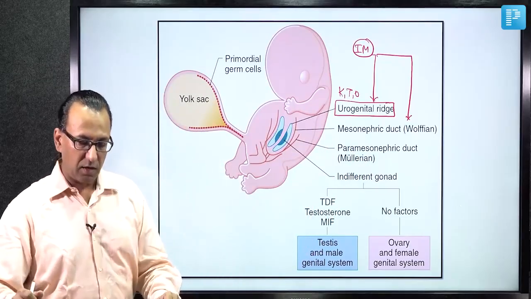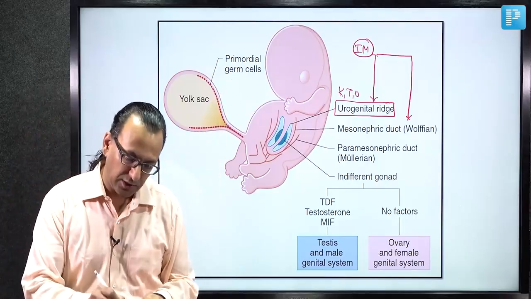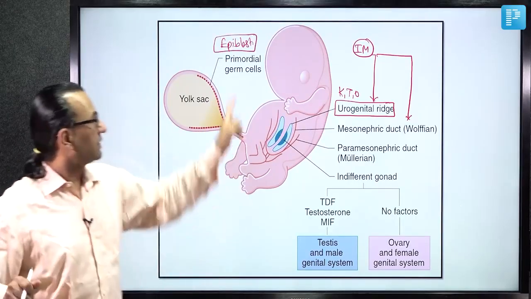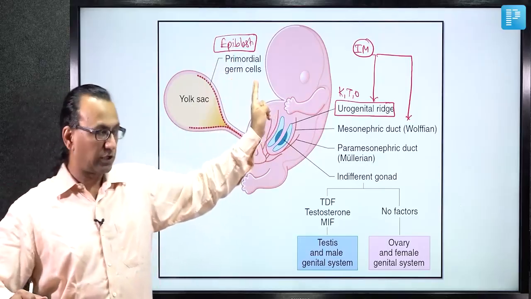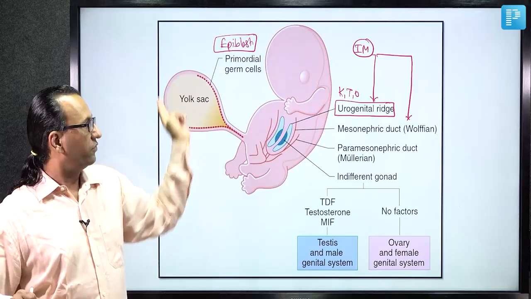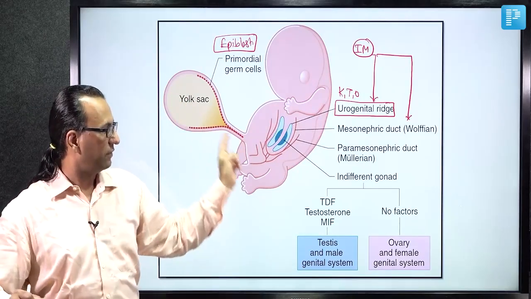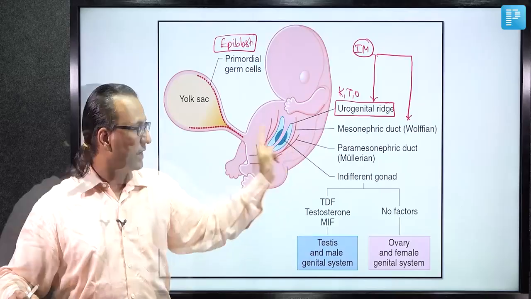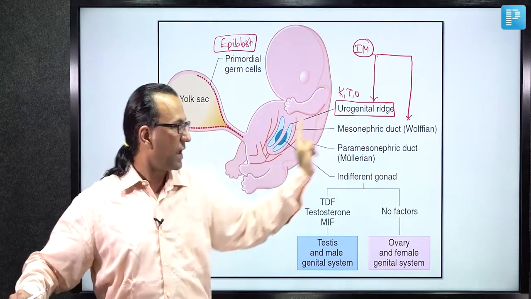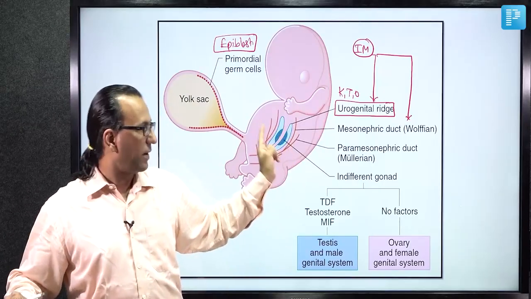In fact, we are going to have a primordial germ cell, which is itself developing from the epiblast cells. It is the epiblast cells which will form primordial germ cells, which are migratory cells, so they migrate towards the endoderm wall of the yolk sac, and then using the dorsal mesentery of the hindgut, they will come to the region of the gonads, that is reach the urogenital ridge and convert into maybe oocytes or spermatocytes depending upon the